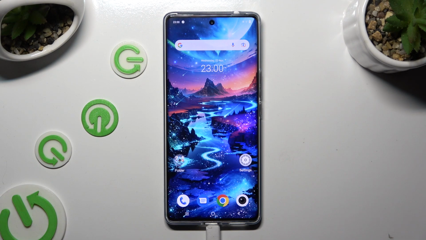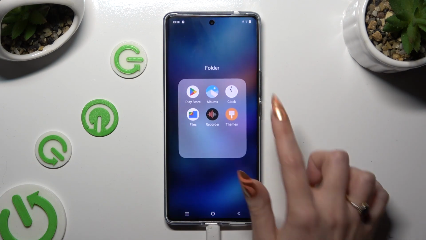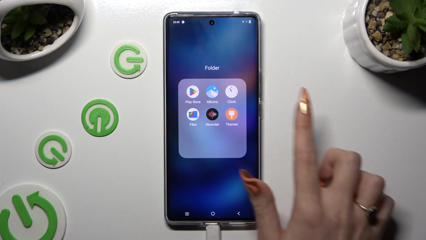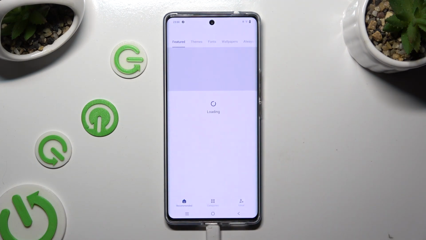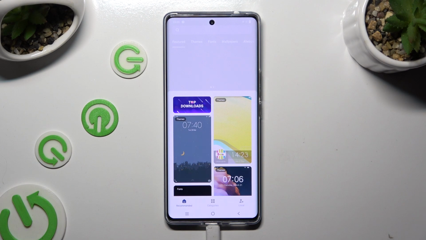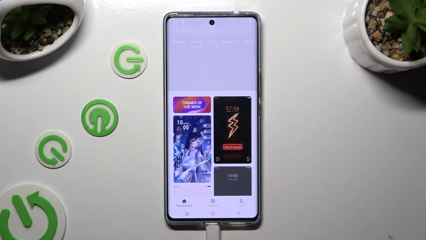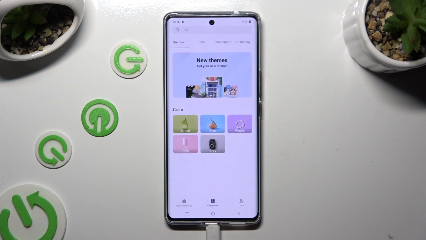First of all, you need to find an app called Themes. When you find it, click on it. Then select Recommended at the bottom left corner and click on Themes at the top, or choose Categories and select